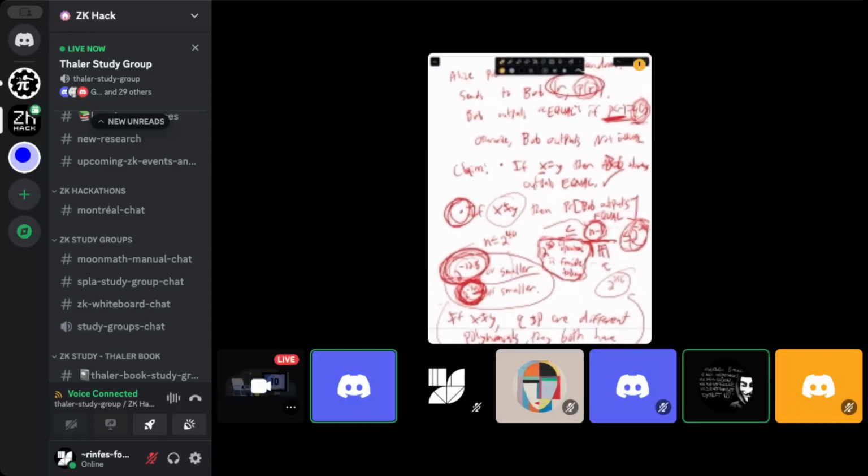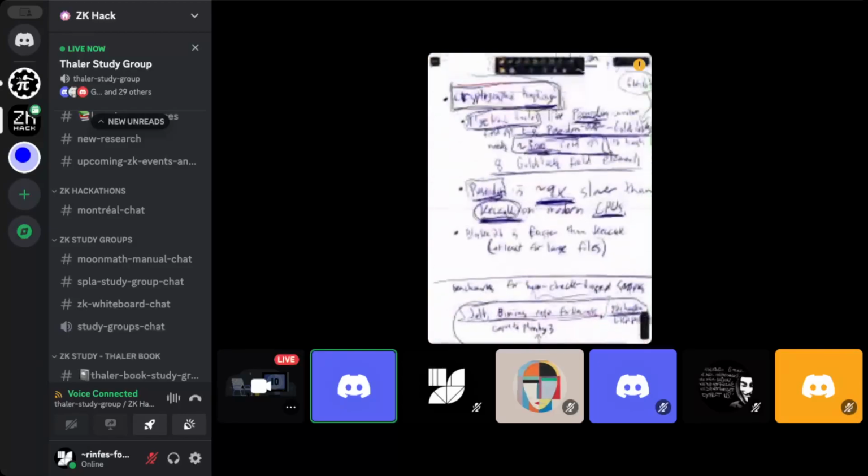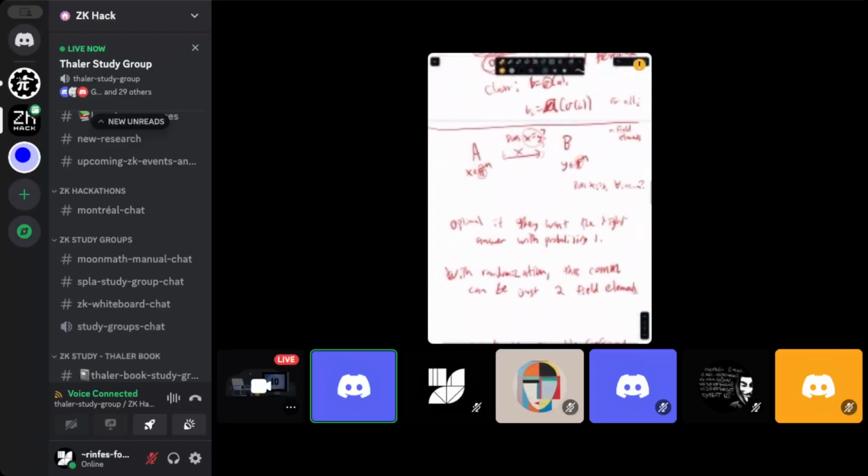Could you, if possible, briefly touch upon the fooling set method that is mentioned in the book? Sorry, what method? The fooling set method in communication complexity. Okay. Yeah, so the fooling set method is just a way to show, sorry, I made this assertion that